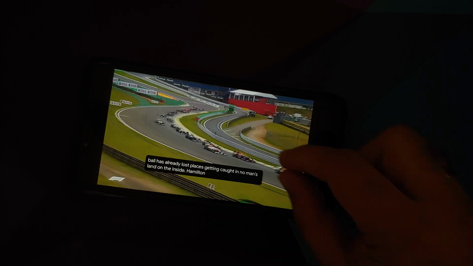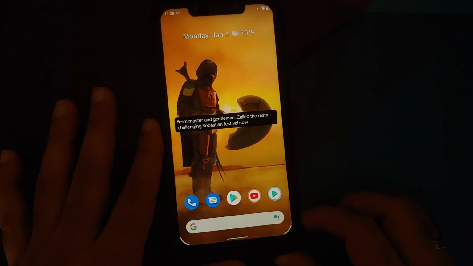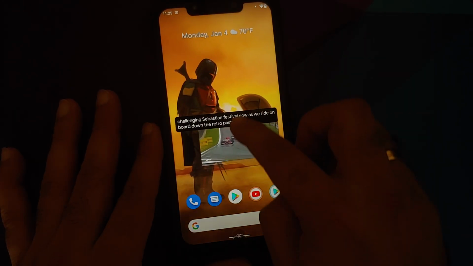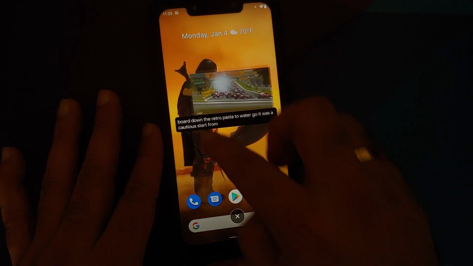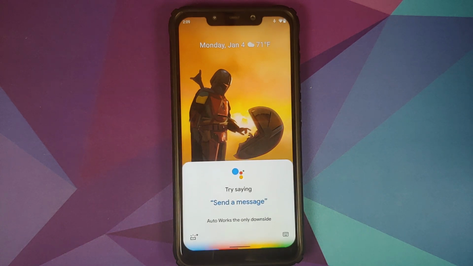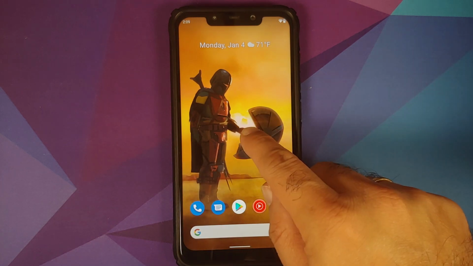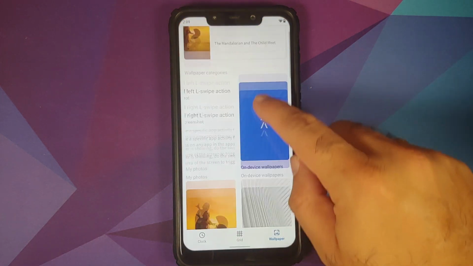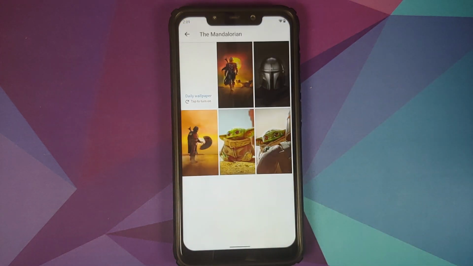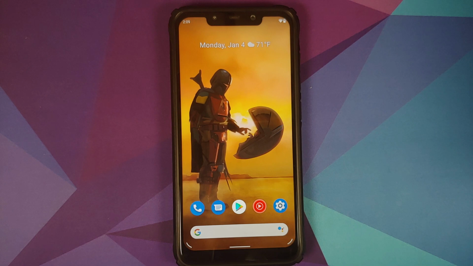Now, those of you who want to know how to install this ROM or have a look at the features of previous builds, we have detailed videos for all of those which can be found in the description of this video. On this build they have fixed screencast, and Hey Google also works. The only downside is that Hey Google will not work with the screen turned off. And yes, if you press and hold on the home screen, go into styles and wallpapers, you do have the new Mandalorian wallpapers available on this ROM, and I am using the vanilla build with Nix Google Apps.